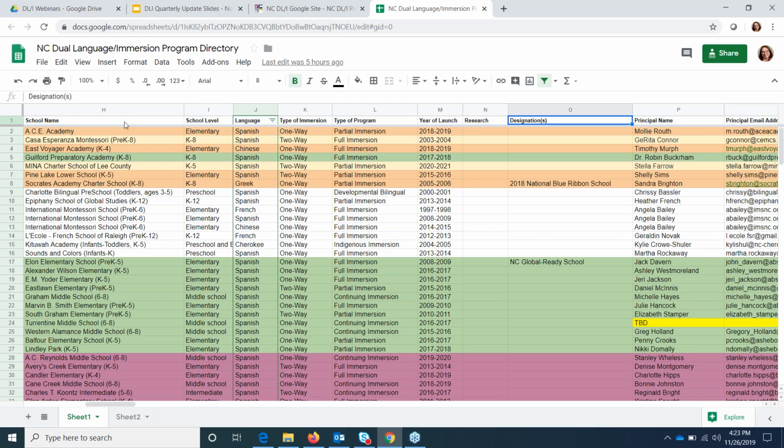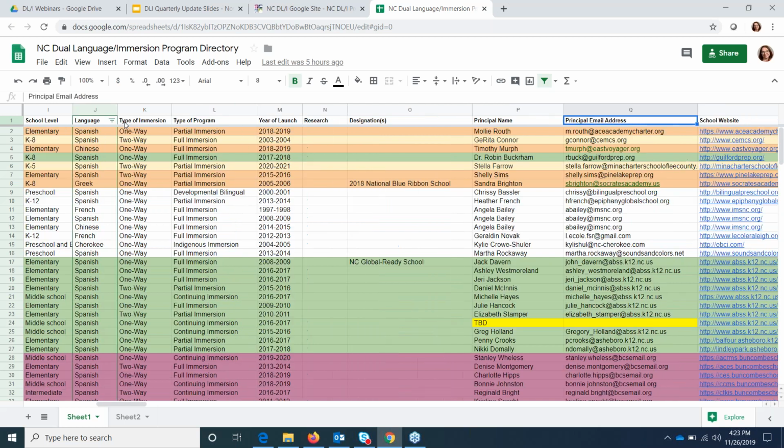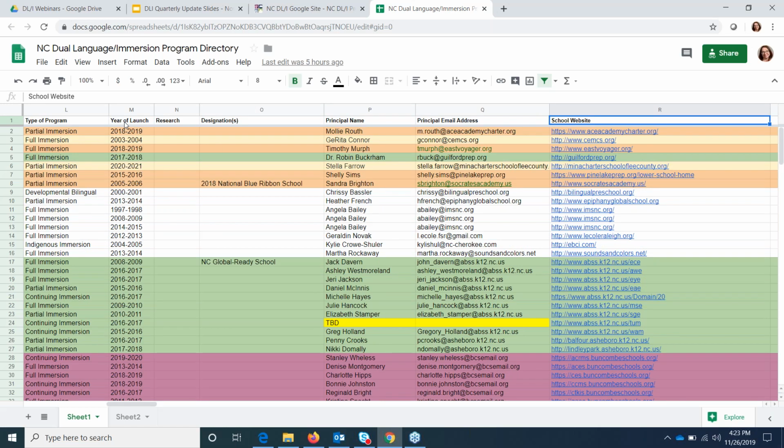We have a column for designations. So if we have a DLI school that has been recognized as, for example, a Global Ready School or an International Spanish Academy or anything like that, we have that noted. And then we have the principal's name, the principal's email address, and the school website. So you can literally find almost anything about the school by using this or by contacting the administrator or the